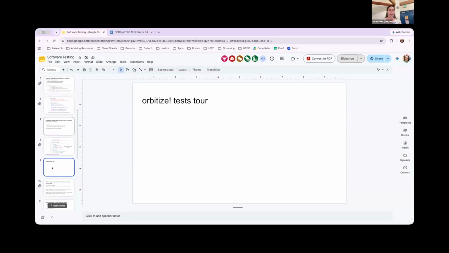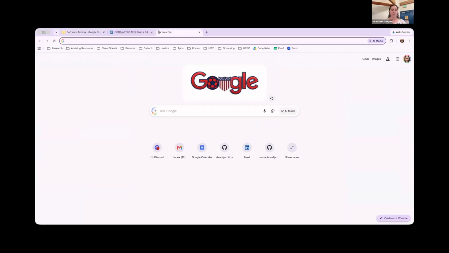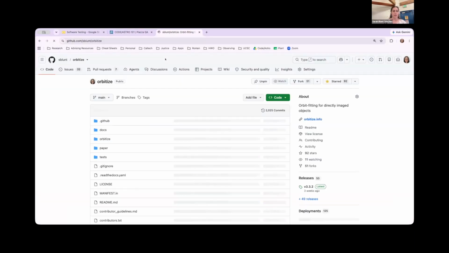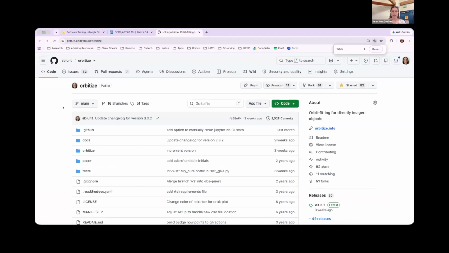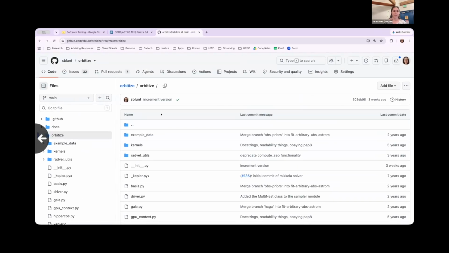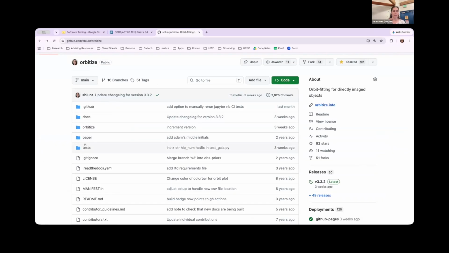All right, so the next thing I want to do is show you what the test suite in Orbitize looks like. So you just have some examples. I also want to show you the structure of the test suite. So in Orbitize, we go to tests here. This is at the level of the root directory. Our code files that comprise the actual package itself live in this directory here. But if we go one level up to tests,